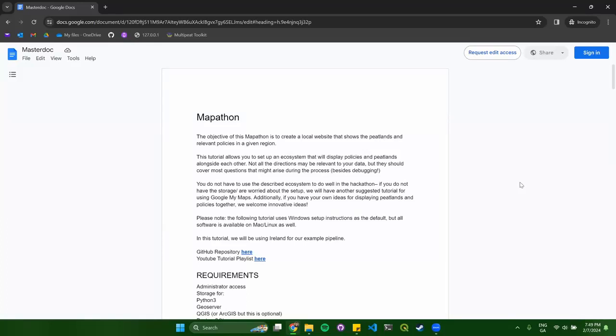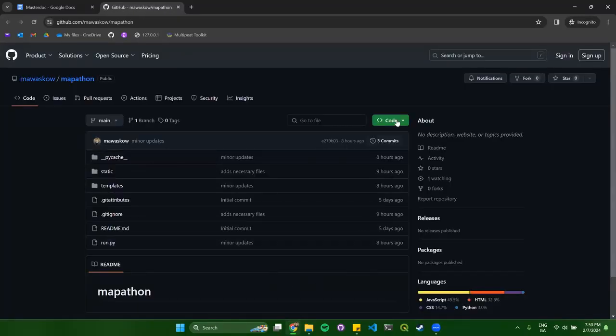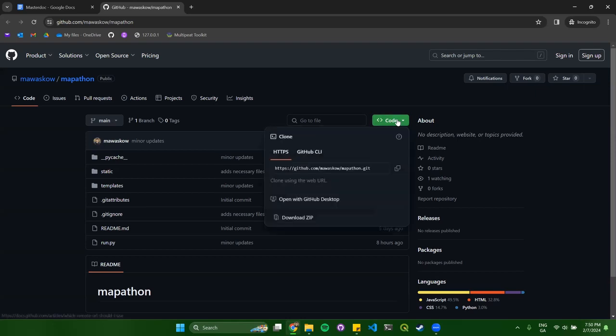In this video, I'm going to show you how to bring everything together for the local map website. So the first thing we're going to do here is go to the GitHub repository, and we are going to clone it. If you have GitHub, you can use the GitHub desktop. If you're more familiar with Git, you can just clone it locally or via command line, but we're going to